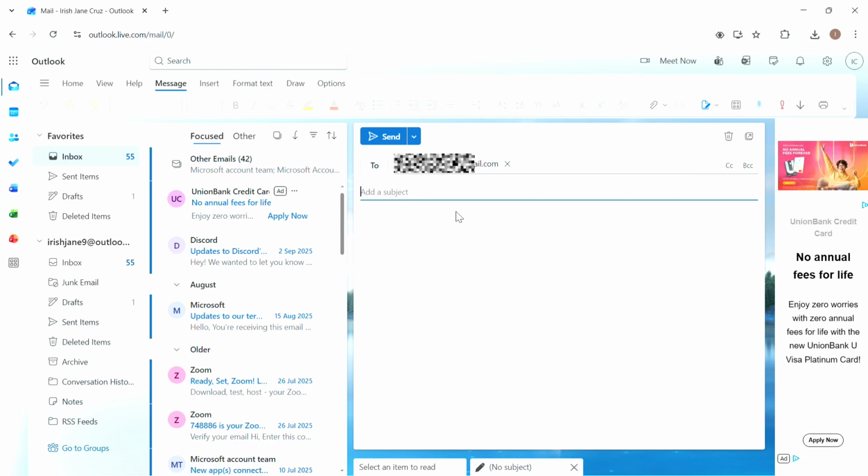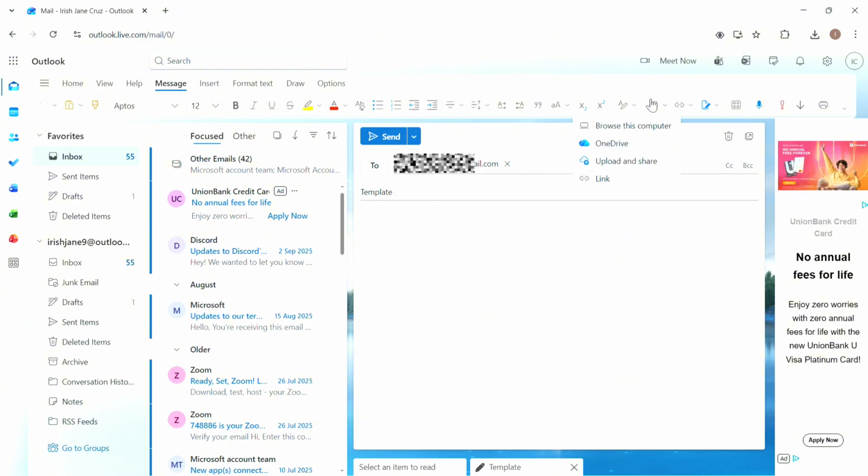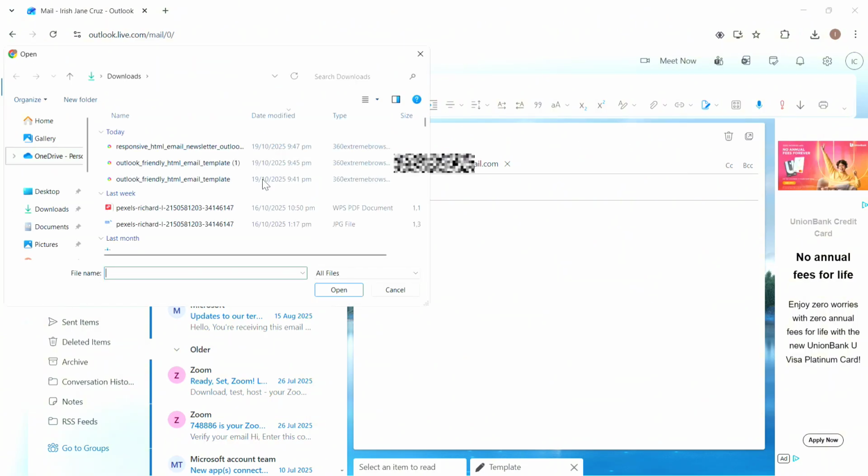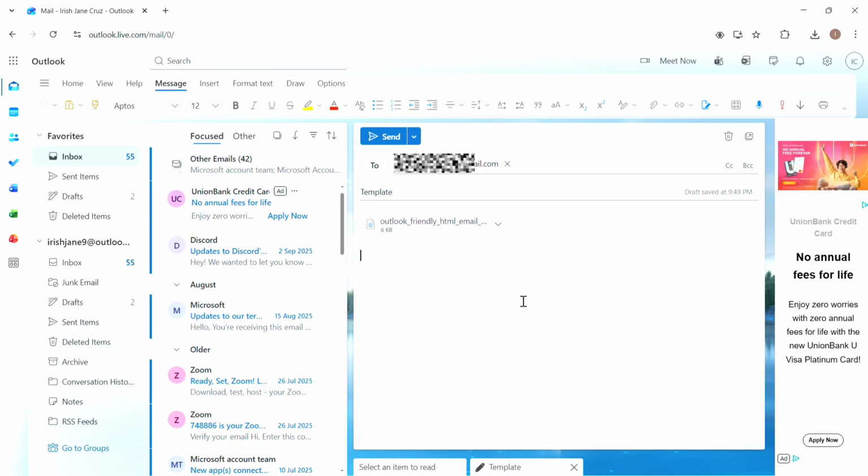And then once you're done with this, click on the body section of your email and then click on this attach a file button under the insert tab, and then click on this browse this computer. So from your computer, go ahead and click on the HTML email template that you want to insert, upload it,